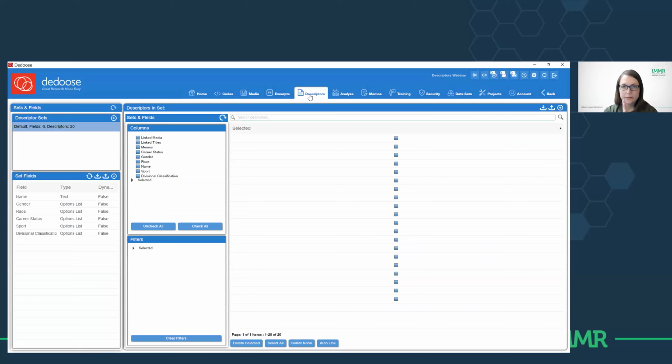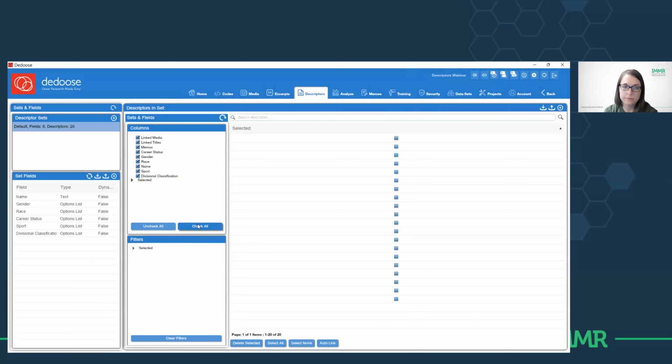So now I'm going to go back to our descriptors workspace. I imported that, the data is in here, but you'll see that we don't have anything populated on this right side. That's because in this columns area, wherever you see a columns panel, this is dictating what you view in the database to the right of it. So because nothing is selected here, it's just not displaying the data to me, even though it is in there.